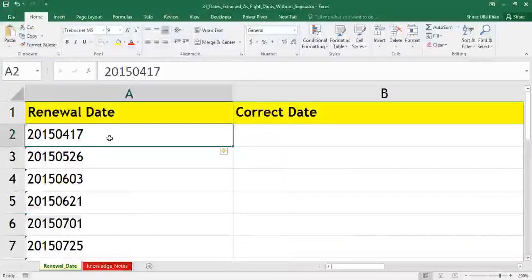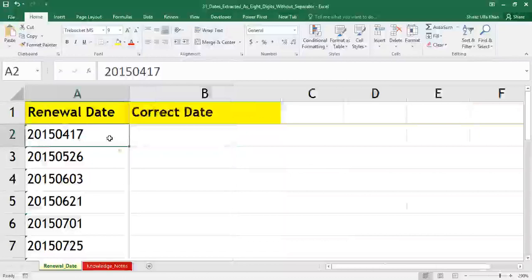But if this date is a number, you will get a positive number behind this date. Okay. I'll press Control tilde again. And now let's start the process of converting this from text using the text to columns utility to achieve two things. One, I need to have a separator, and two, I need to convert this date into a proper number. And the format, people, here is year, month and date.